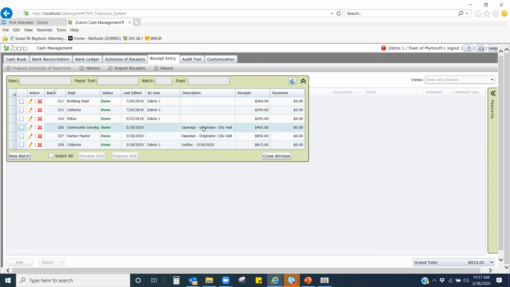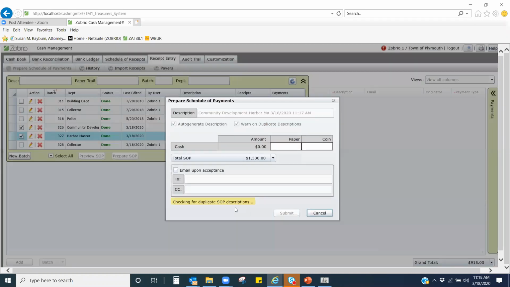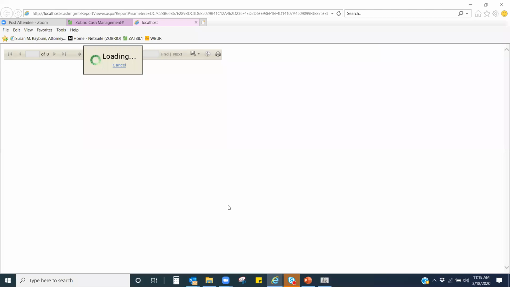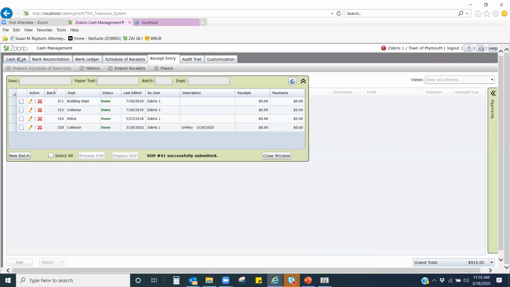In the open API example, this came in automatically. So that's the one advantage. And the other is that when I go to create the turnover report or schedule a payment report, and I have those batches in it, so there's 2 batches, 2 receipts, if I then accept that batch